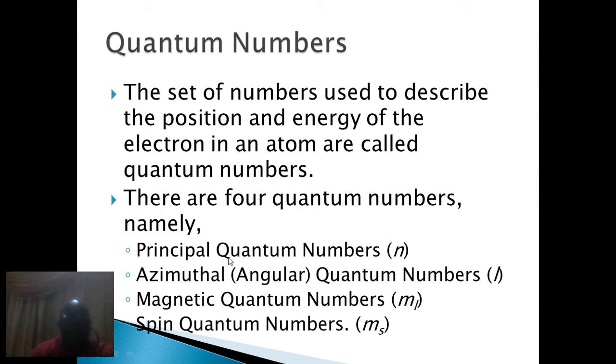These are the principal quantum number, with the symbol n; the azimuthal or angular quantum number, l; the magnetic quantum number, m subscript l; and the spin quantum number, which has the symbol m subscript s. So these are the 4 quantum numbers that are used to describe the position of an electron in an